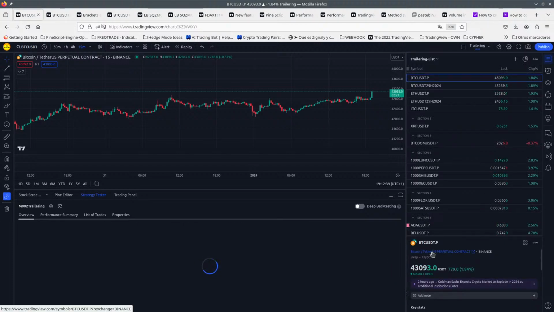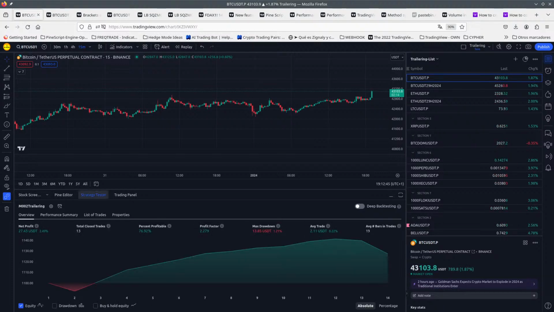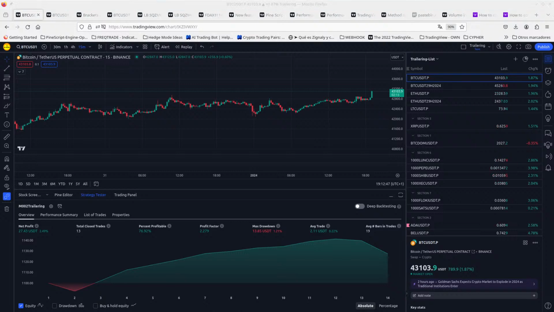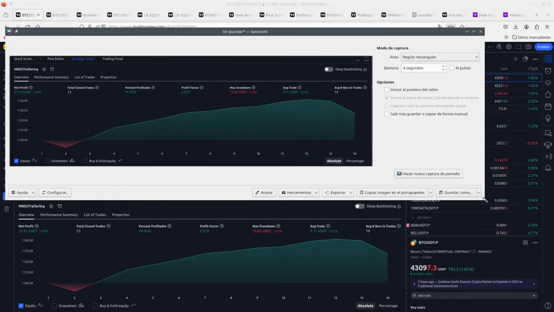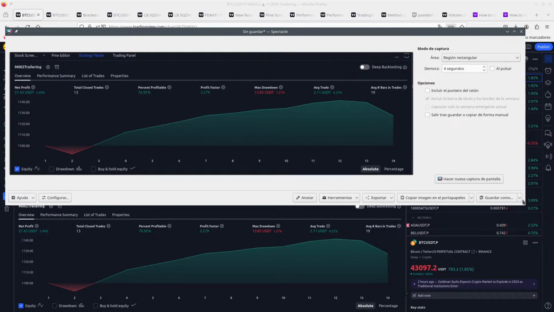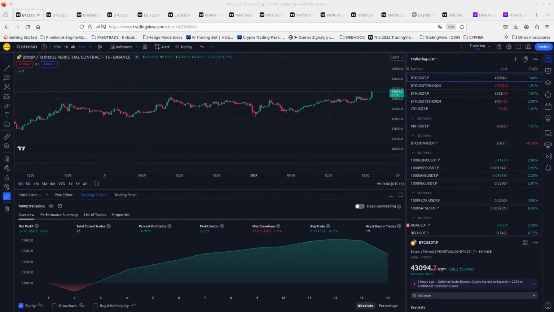If we have something different, we can save this. Wait a moment. So it's the same thing, same trade, same percent profitable, same everything. So we are not doing something right, because right now